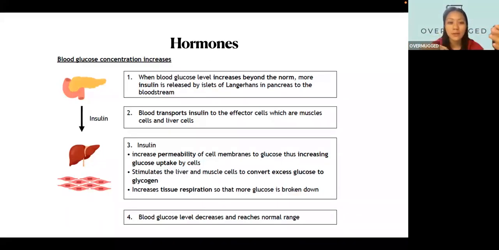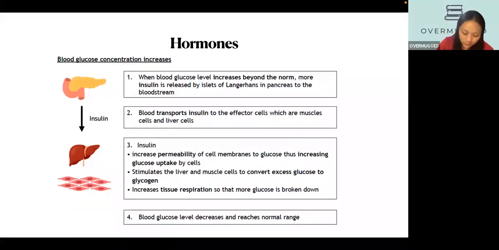So this is when you should answer all these things and give the marker what they want. Because this is all in the notes, you should know what to answer. When blood glucose level increases beyond normal, more insulin is released by the islets of Langerhans,